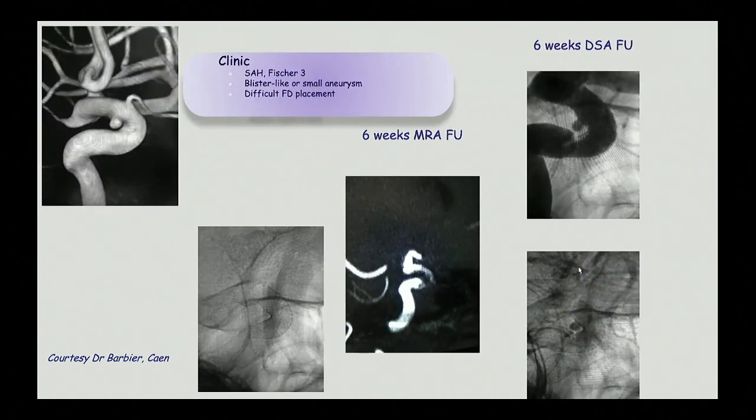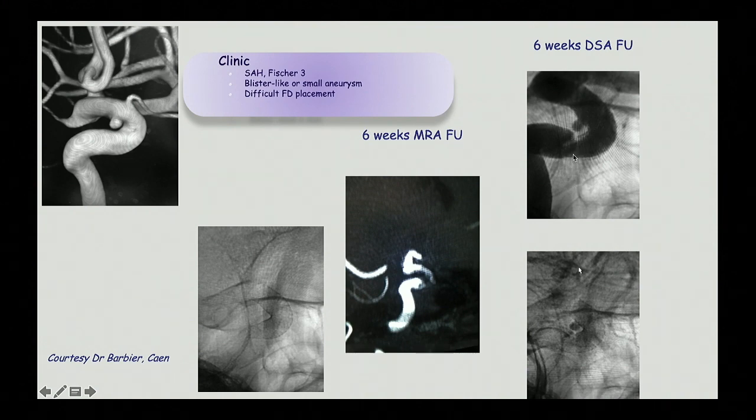Another case with a small aneurysm that bled, very small, difficult to treat. So it was again treated with a flow diverter placed in the siphon. MR is difficult to interpret, it's difficult to understand if the aneurysm is still here. And if you look at the angio, performed 6 weeks after the procedure, you see that the aneurysm is still patent, and the flow diverter is not fully